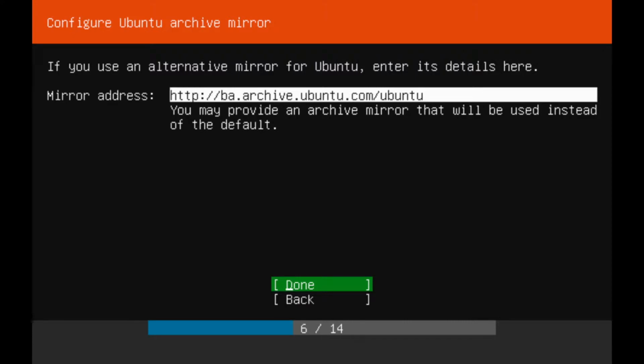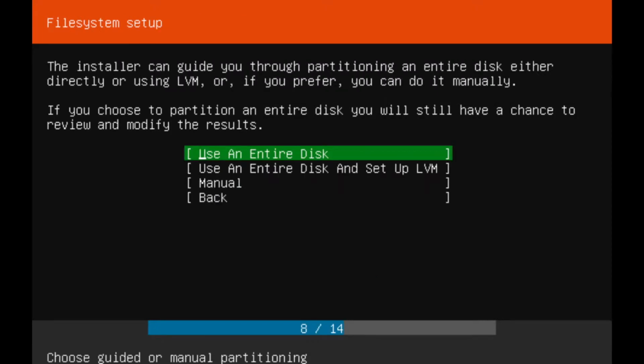Here it's going to ask you for a mirror address. We're going to use the default mirror address. This is where it's going to pull from all the updates, or if there is any updates, but really just the rest of the installer, so we can go ahead and install Ubuntu Server 19.04. Go ahead, done, and you'll get a few options here